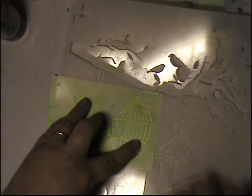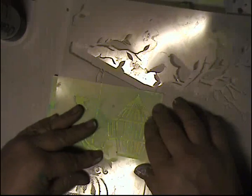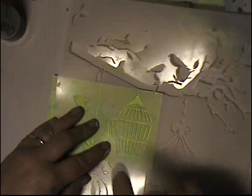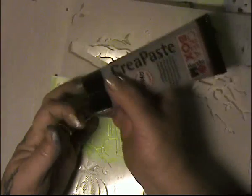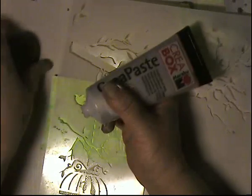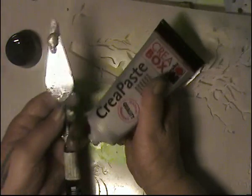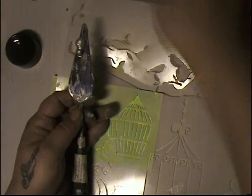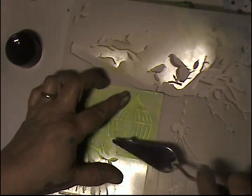Okay. Let me see if I can see my tape around here, or I'll just hold it really still and try not to get these little leaves here. And the bird cage, I will be doing a silver color. So I'm going to actually just put it straight on my palette knife right here. So this is a modeling paste that it's a silver color, and then I have a gold color that came in that same box, and